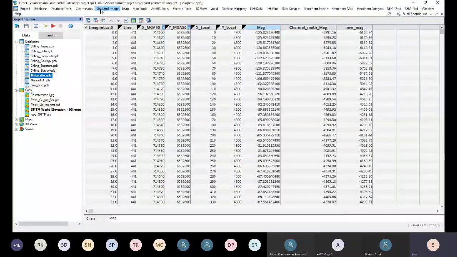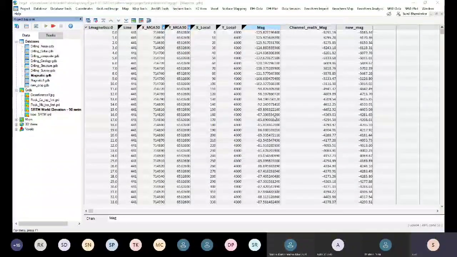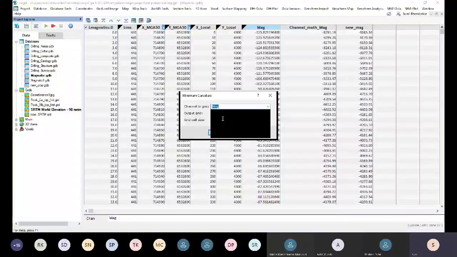So here with respect to my data I select minimum curvature. Now we need to select for which channel we need to create a grid. This is magnetic data, so we'll select the mag, and we have to provide a name like 1.